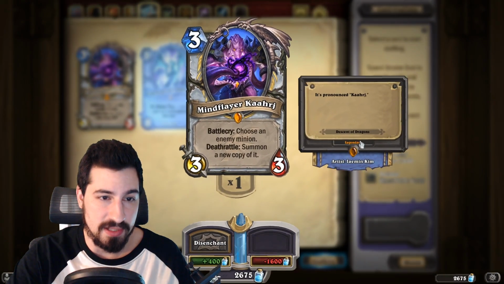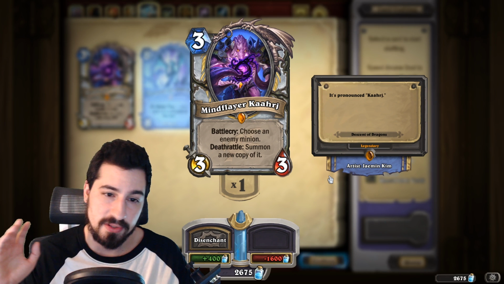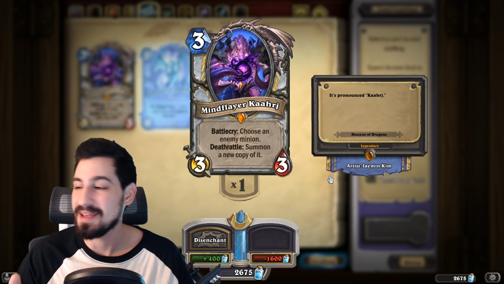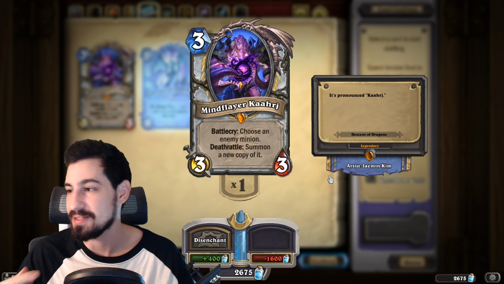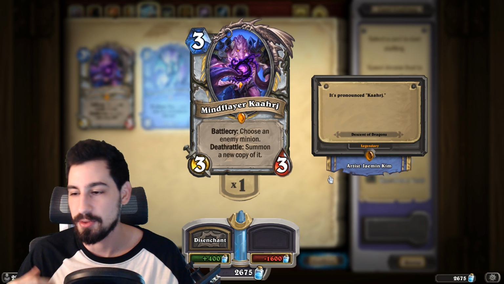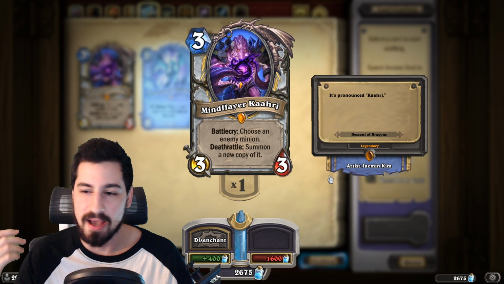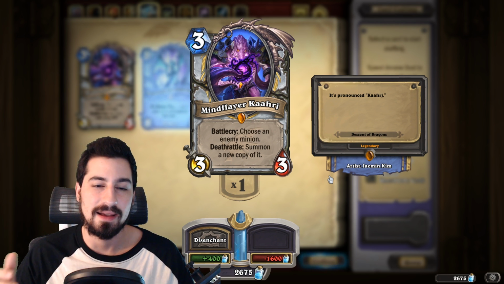Moving to Priest, we have the Mind Flayer. This card is trash. I tried testing a deck, putting this in multiple different kinds of Priest decks, whether it's Quest Priest, Control Priest, Death Rattle Priest, Early Game Priest, Aggro Death Rattle Priest, and this guy is just